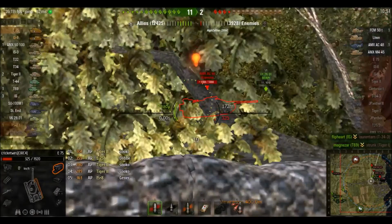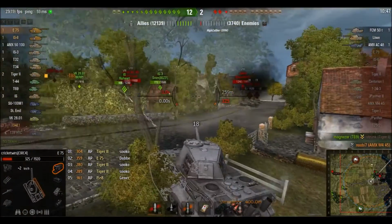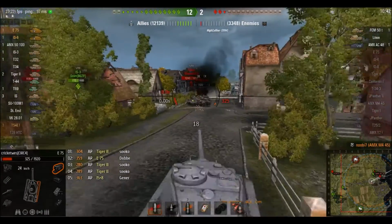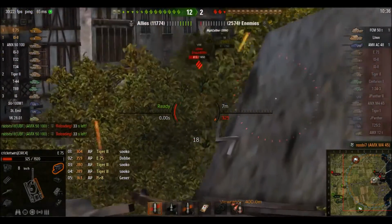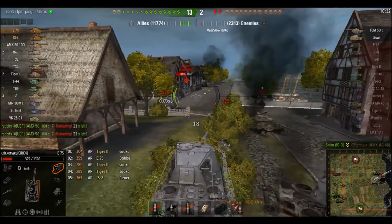Can I get a shot into the AC? No, he gets into cover, but a snapshot of the AMX M4 hits. Aim time on this gun 2.9 seconds, accuracy I think is about 0.38, I'm not sure. RKS gets a shot into the Lev, I can't quite reload in time, but there's only 2 tanks left, one